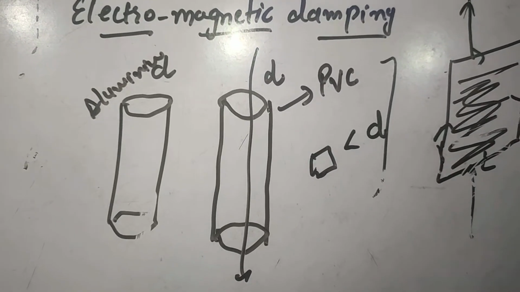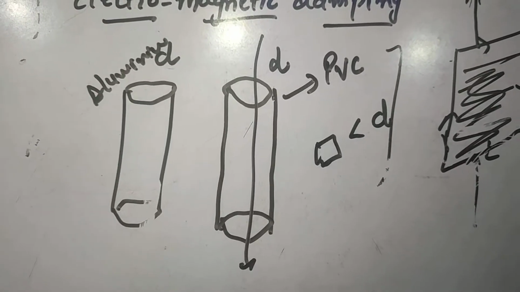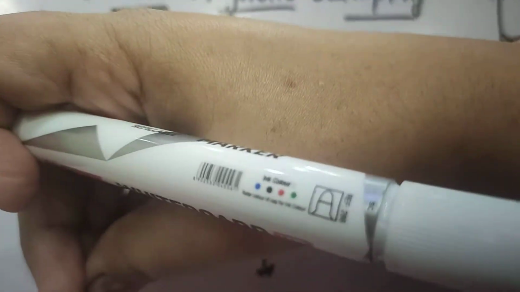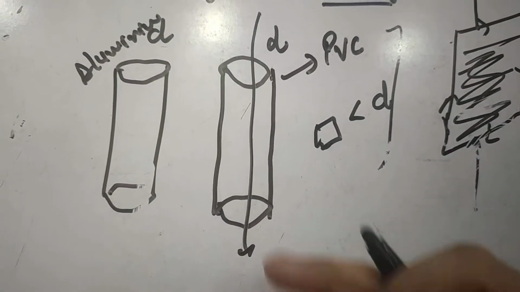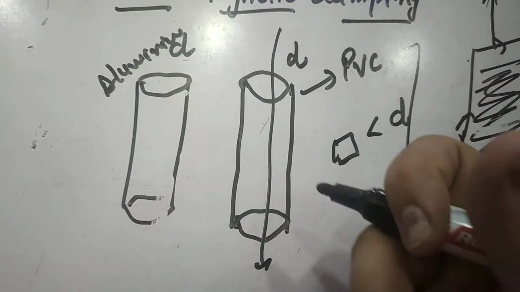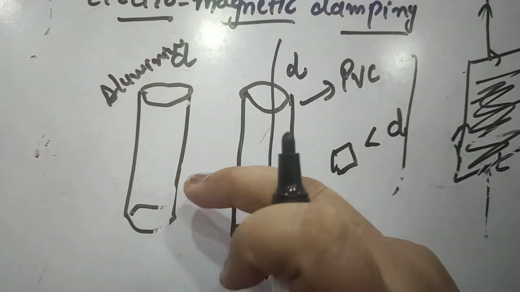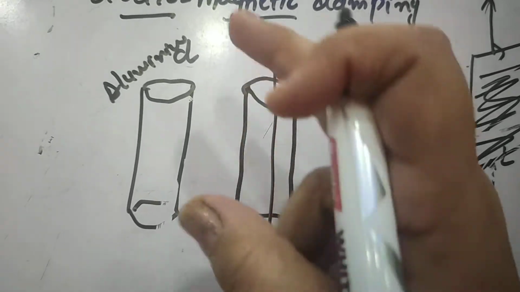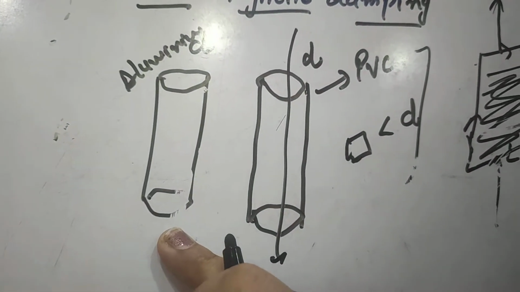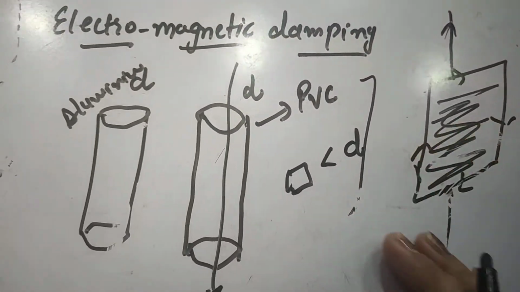Now why could this have happened? Aluminium is a metallic body. When the magnet is thrown through this pipe, the magnetic flux linked with the particular area changes. Since the magnetic flux changes, eddy currents are produced in the aluminium pipe, which oppose its motion, and that is why it takes longer. So these are two effects which can be understood on the basis of electromagnetic damping.